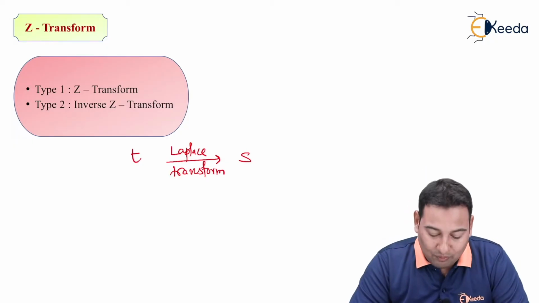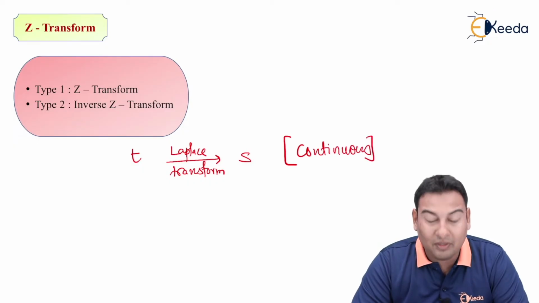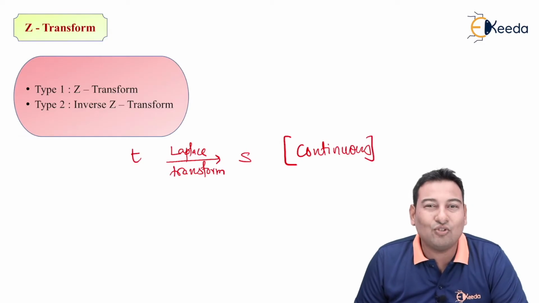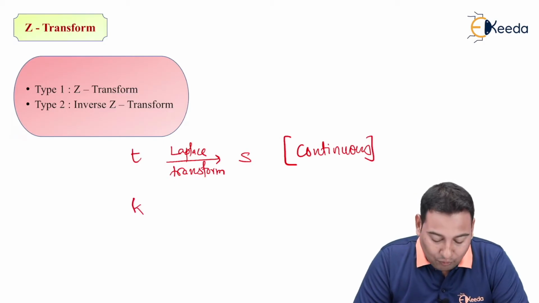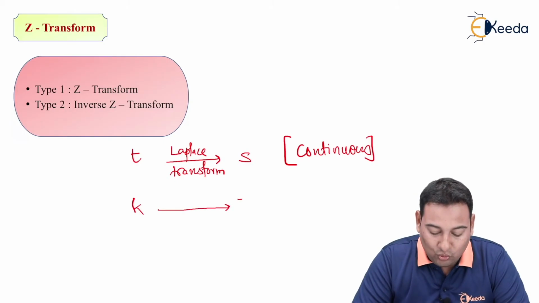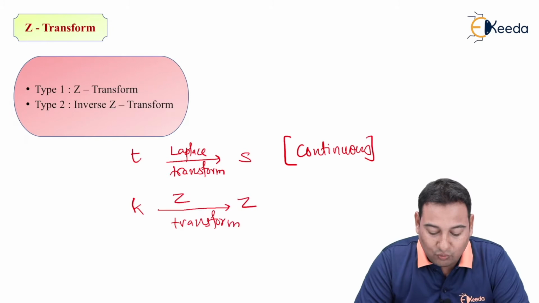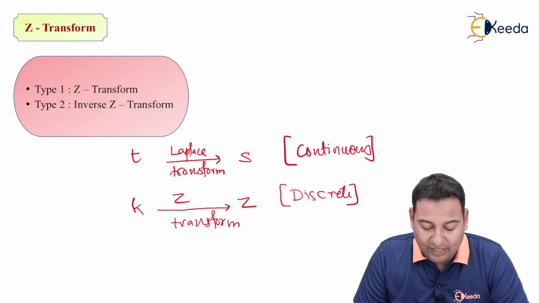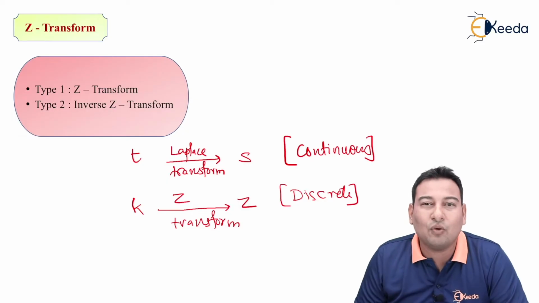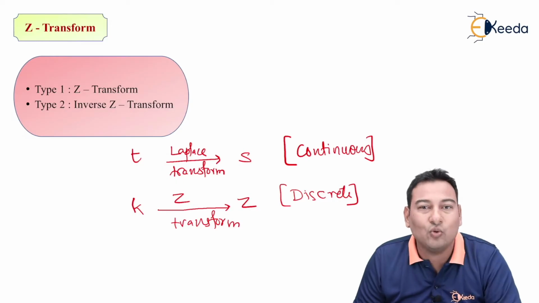But for Laplace transform, your system should be continuous. If it's a continuous system, if you remember the definition, 0 to infinity e raised to minus st f of t dt. In case of Z transform, what it does is convert problem from k to z. So this is our aim here, and this works for discrete system. So Laplace converts t to s and Z converts k to z. So this is Z transform, and in case of inverse Z transform, it goes from z back to k.